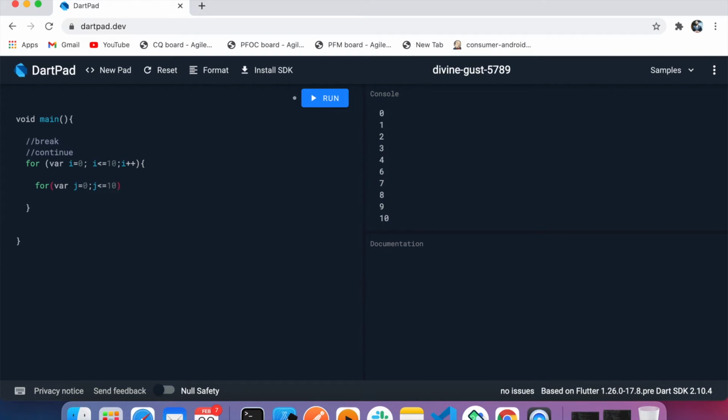I'm just using nested for loops so that you can easily understand how to use break and continue statements for nested loops. Now I'm printing i and j, using string interpolation for printing the values of i and j.